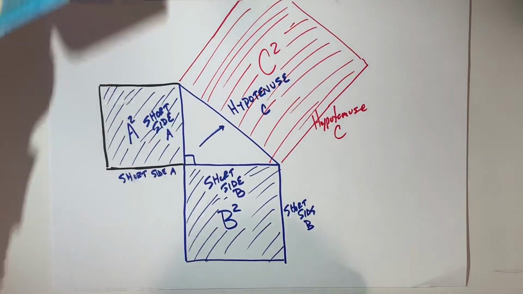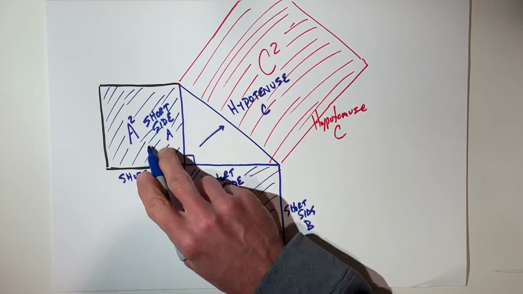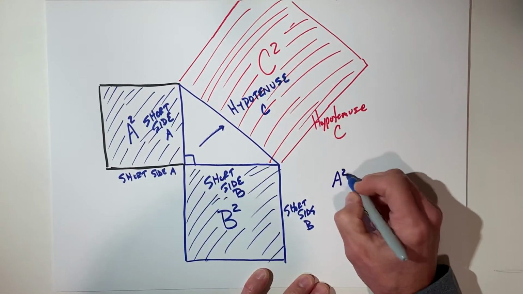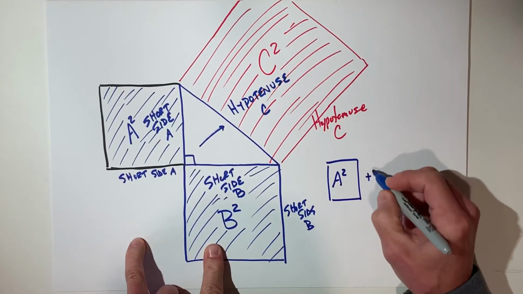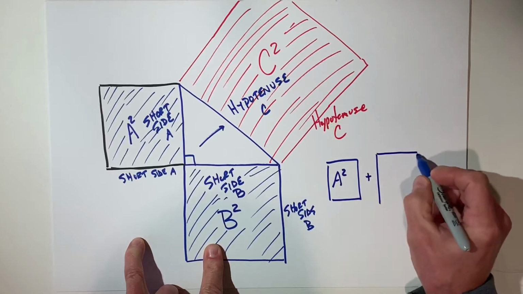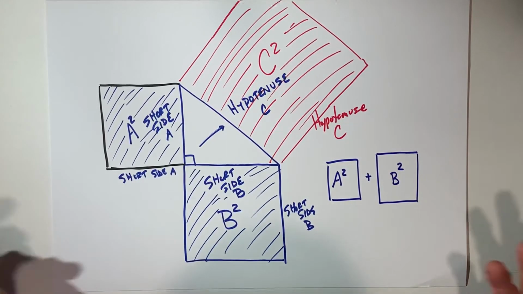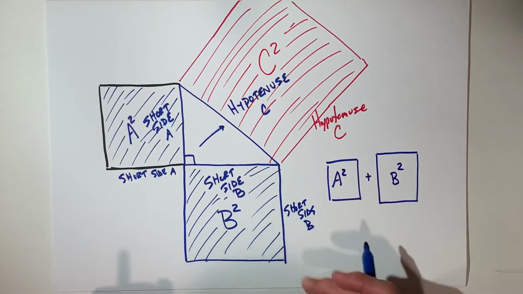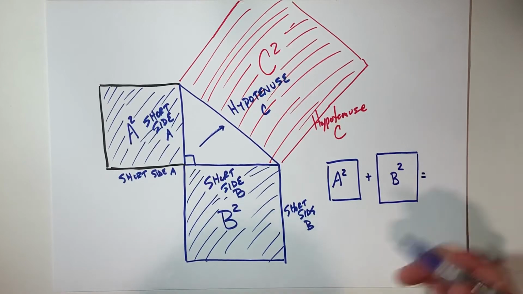Now here's where the concept of the Pythagorean Theorem essentially begins and ends. What the Pythagorean Theorem says is this. If you take this first square, the A squared one, and you take the second square, which is B squared. Now I'm going to draw them so they look a little bit different, but these don't have to be like that. The A could be the bigger one and the B could be the smaller one. It doesn't really matter. But if you take those two and you add them together, you're going to get,